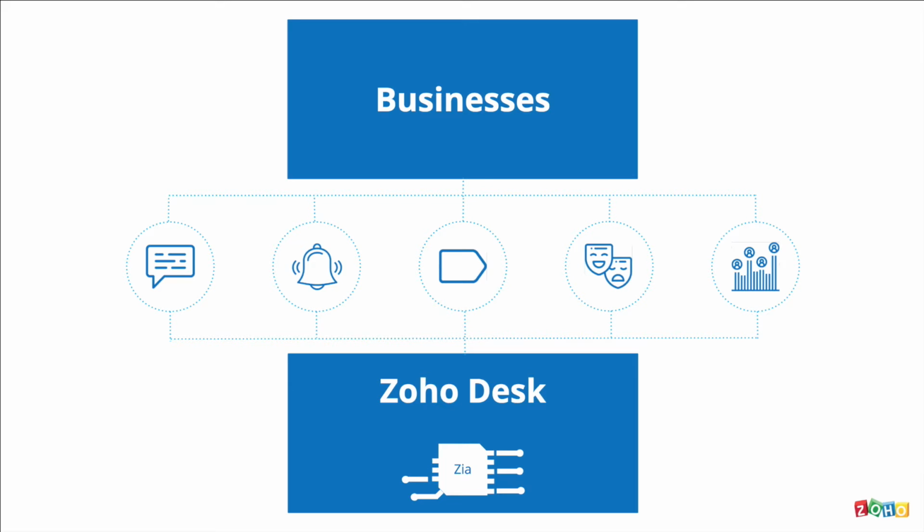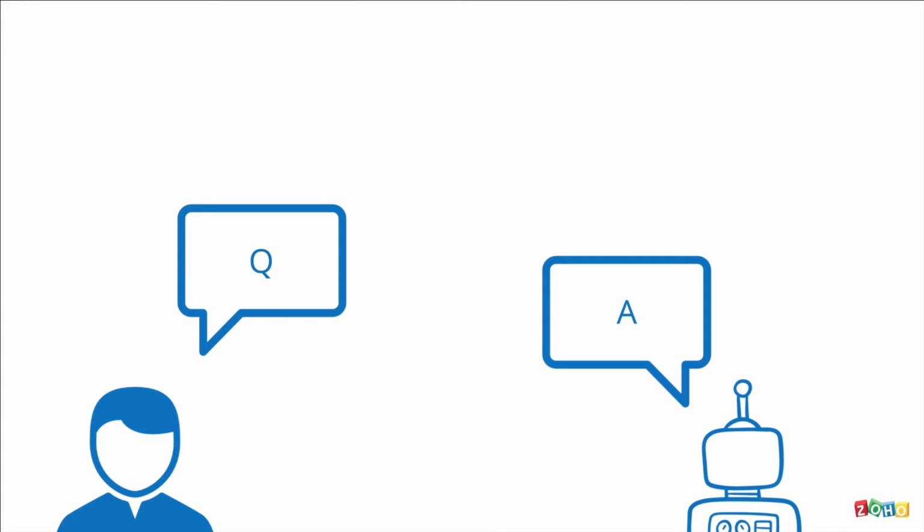And you have businesses such as yours as the top layer here. There are benefits that businesses can draw from Zia: chat assistance, anomaly reporting, context tagging, sentiment analysis, and real time insights. Let's go through each one. The first one is, of course, the chatbot that we just saw, where your customer or prospects can chat with Zia and receive answers. The natural language processing that we've built into Zia will allow her to understand what your